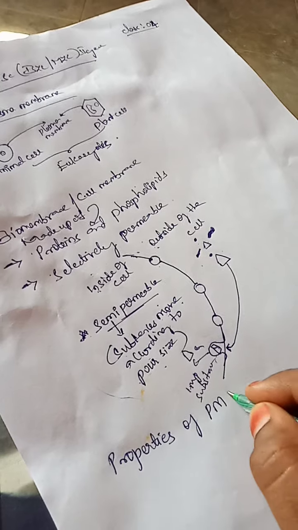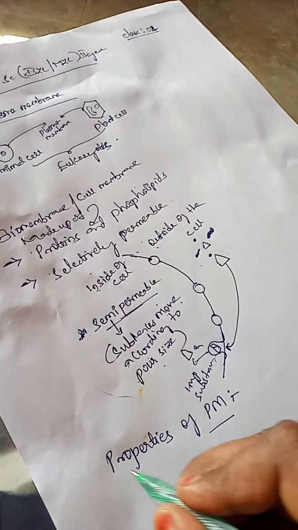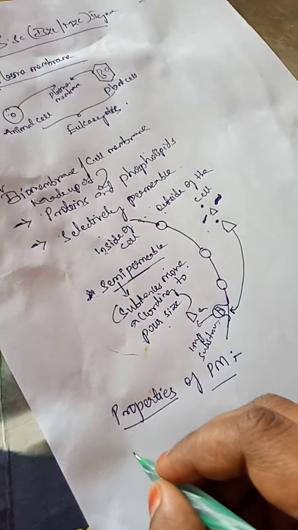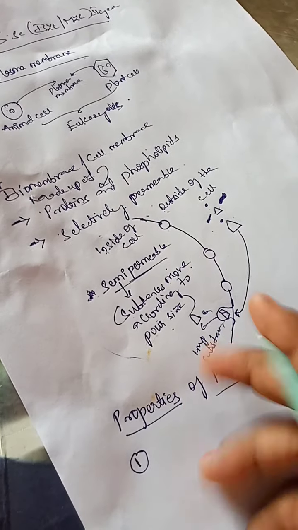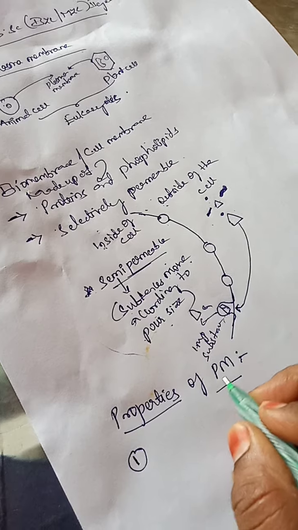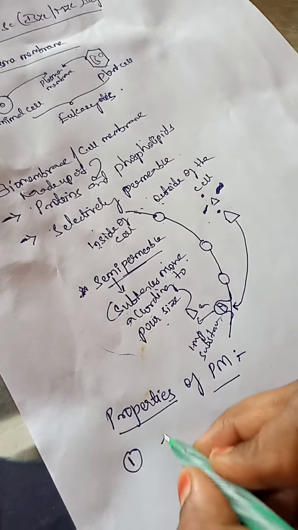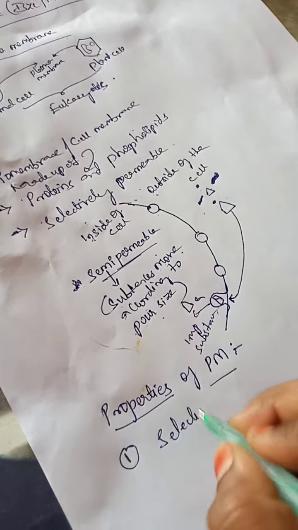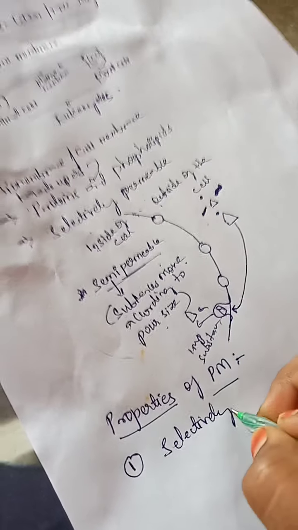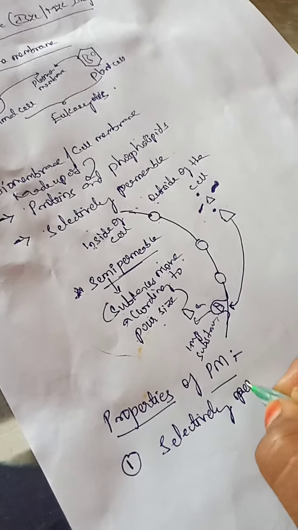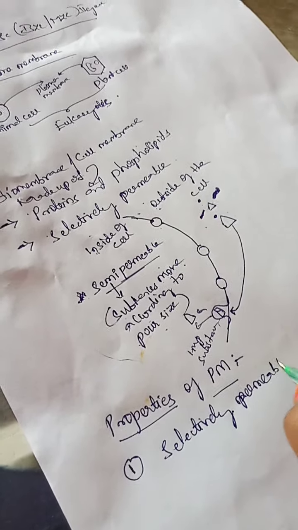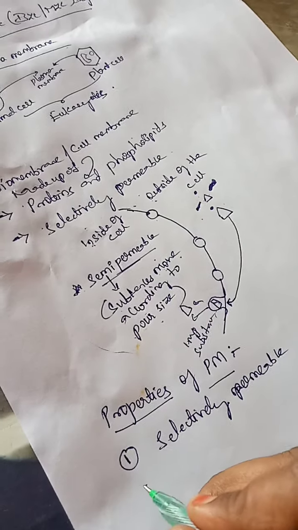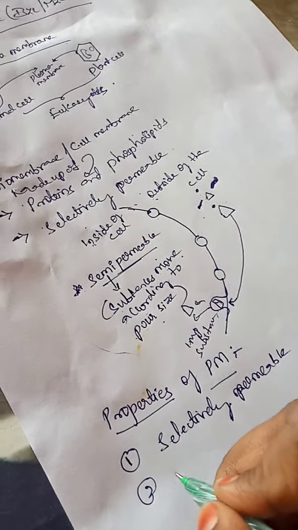Here PM means plasma membrane. Important properties of the plasma membrane. There are three important properties of the plasma membrane. First and foremost, what is that? Selectively permeable. Just now we discussed, no? The membrane should be selectively permeable. And next,